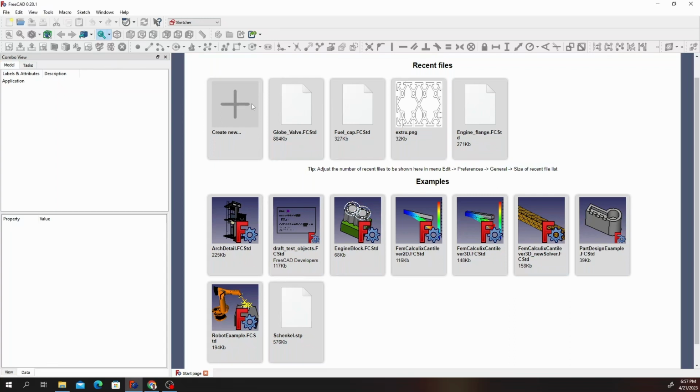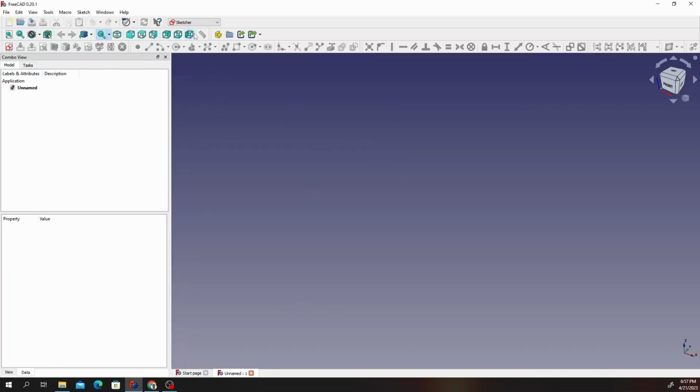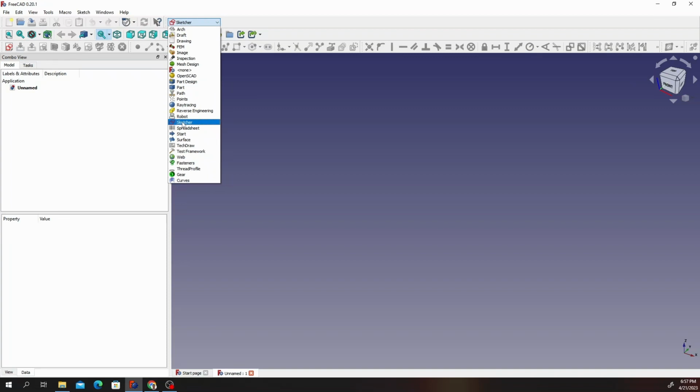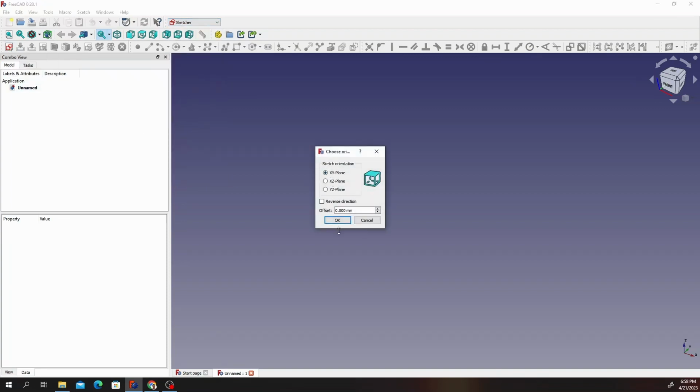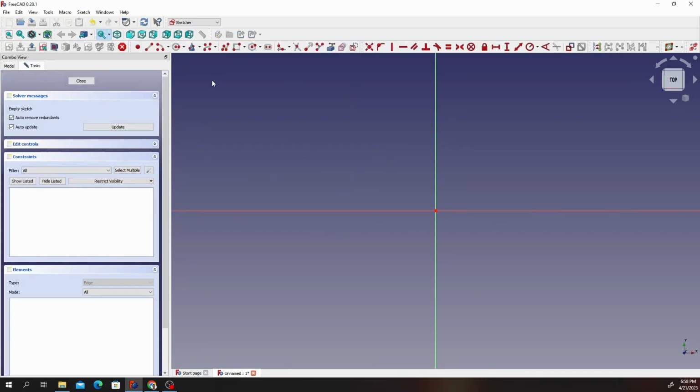Go ahead and click on Create New, and then make sure you're in the SketchUp profile. Click on Create Sketch, select XY plane, click the polyline tool. Okay, go ahead and click somewhere like that. Make sure you have straight lines like that. Make sure it's a straight line like that, straight, like that,